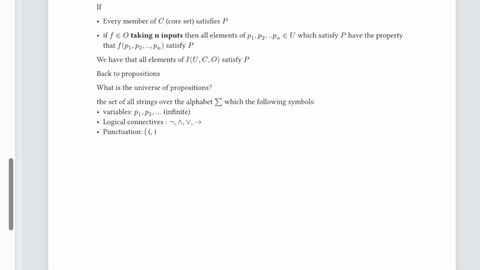And just to make it clear what I'm writing, I will do this. So the actual elements are open bracket, close bracket. Okay, so these are all the symbols, and our universe set will be all finite strings over this alphabet. Okay, so for example, in our universe set, we could have something like P1